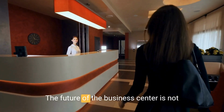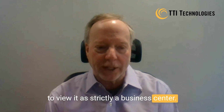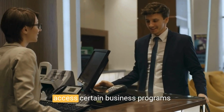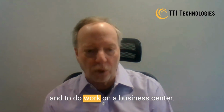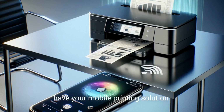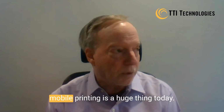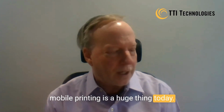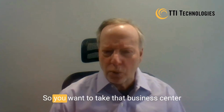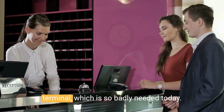The future of the business center is not to view it as strictly a business center. Sure, you still need your ability to access certain business programs and to do work on a business center, but the main focus would be to have your mobile printing solution added onto that as an extra option. Mobile printing is a huge thing today. You also want the ability to upsell your hotel and upsell local attractions. So you want to take that business center and make it more like a guest service terminal,